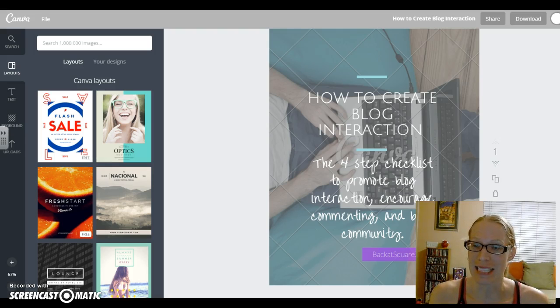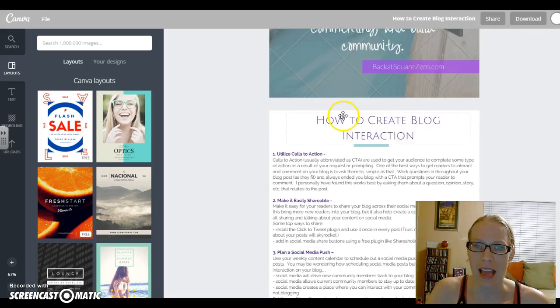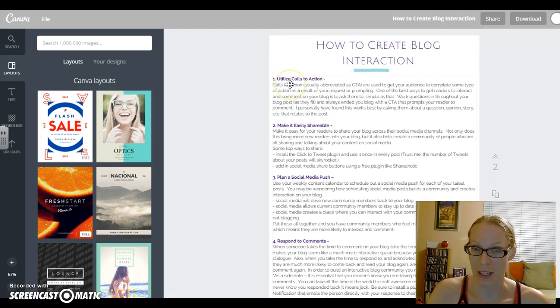And I have that as a downloadable printable PDF for you. Almost all of my Thursday posts come with downloads that you can click off and print. And lots of people keep these in a blogging folder or a blogging binder just as reminders that they can go back in and check on every once in a while, things to make sure that they're doing. So that's what this is, the PDF. And it's on utilizing calls to action, making your post easily shareable, planning your social media post, and responding to